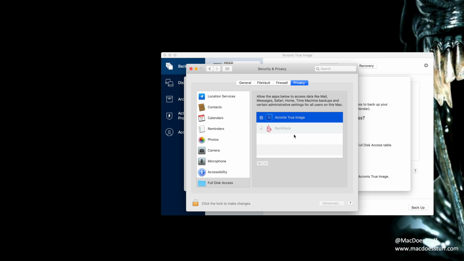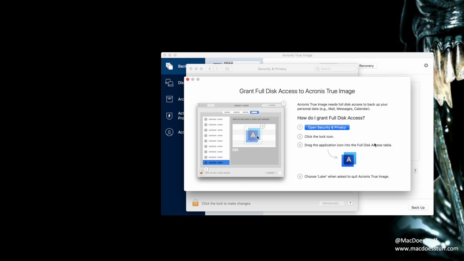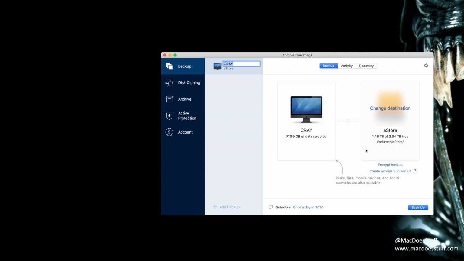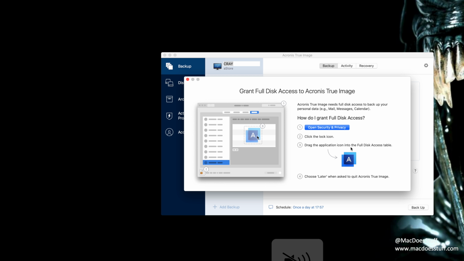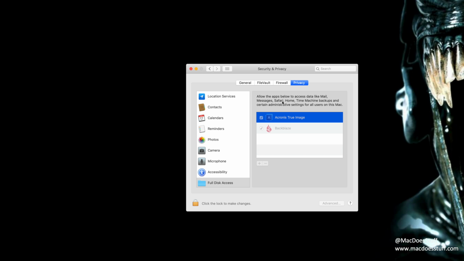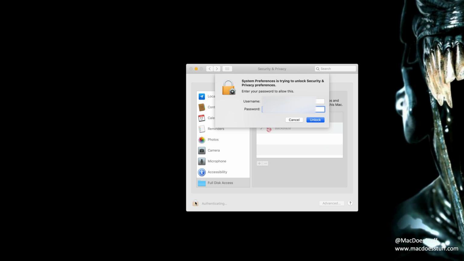And you'll see that it's already there. But actually, when I start the app again, there we go, you can see that it's still asking for access. So I'll show you quickly how to fix it because it's not that obvious. So what I've been doing, let me just unlock this,